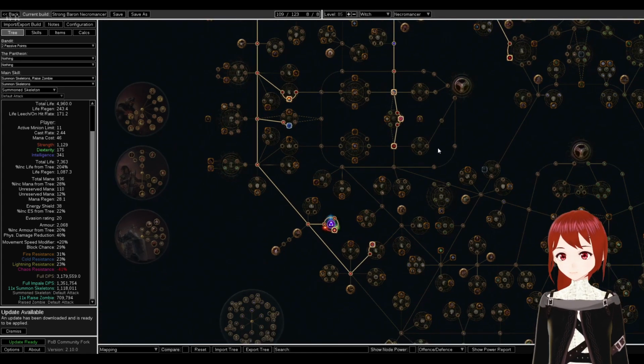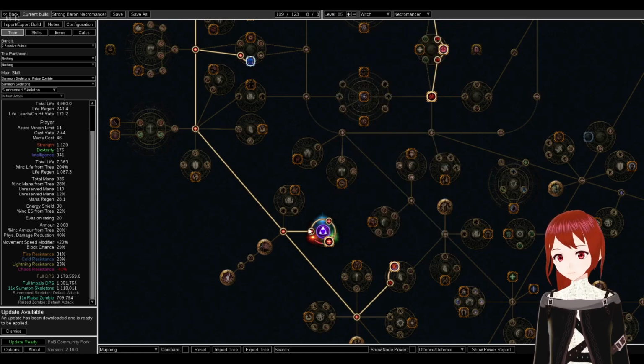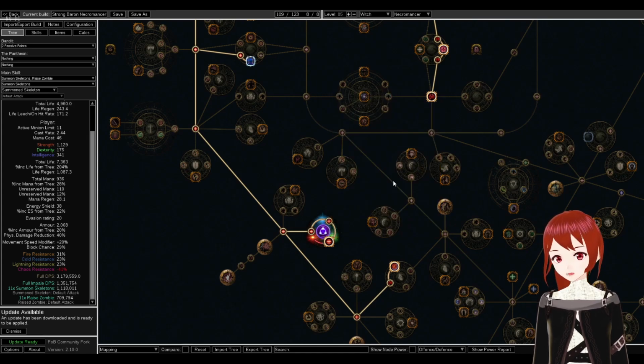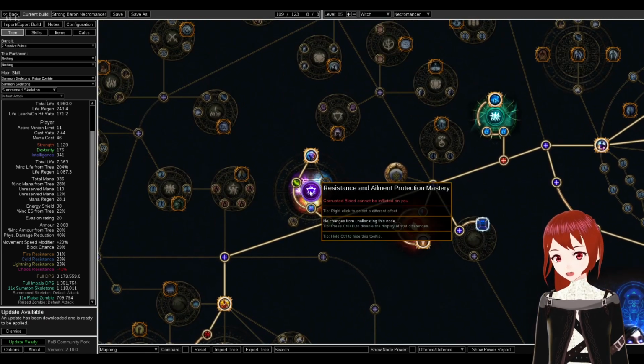The only 2 other masteries that I currently plan on taking are down here at Utmost Might, which is giving us a ton of strength, this small cluster here, and really helps us fill out for the Baron. We are taking the attribute mastery that gives percent increased attributes, just so that we can get as much strength as possible. And then up here, we are taking Corrupted Blood Cannot Be Inflicted on You,